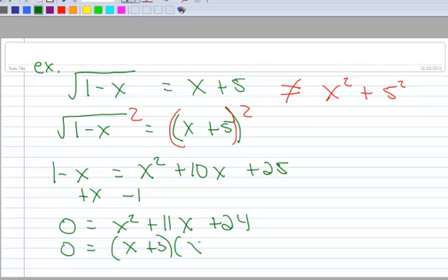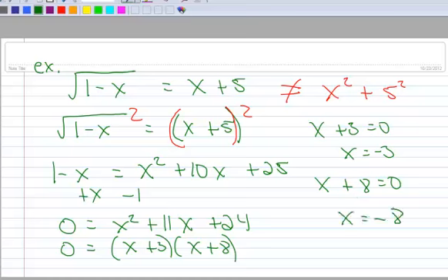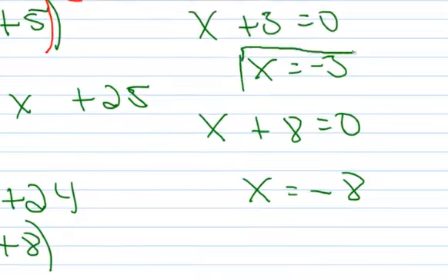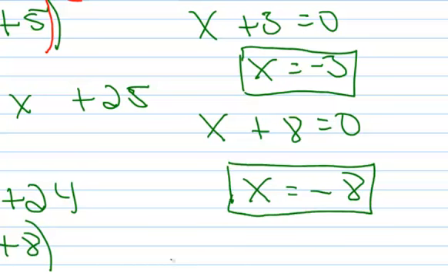So we get x plus 3 and x plus 8. And we set each factor equal to 0 to solve. So we get x equals negative 3, and set that one equal to 0, we get x equals negative 8. So I think I've got two solutions, and you want to check both of them. I'll leave that up to you because I just showed you how to do that. And you are going to find that x equals negative 3 indeed works, and x equals negative